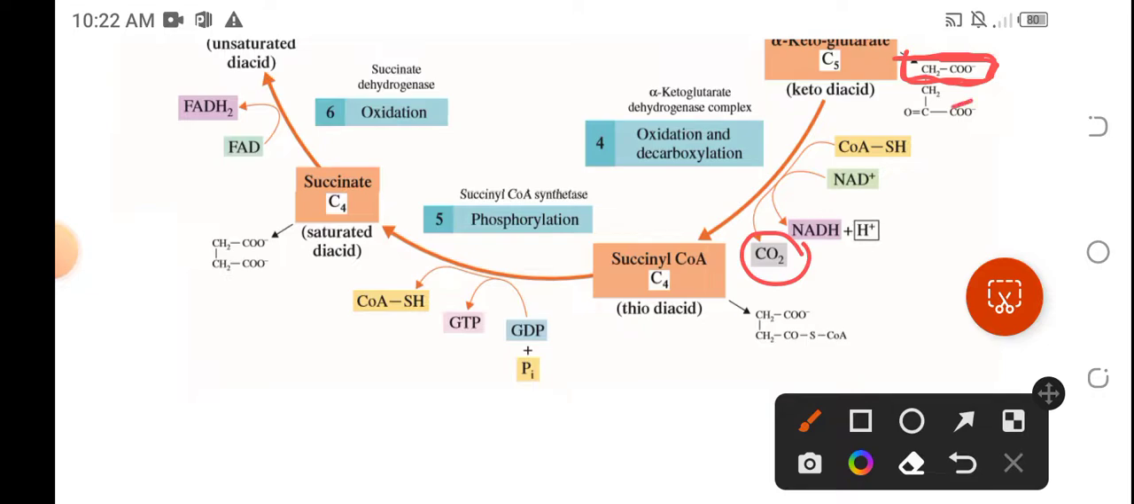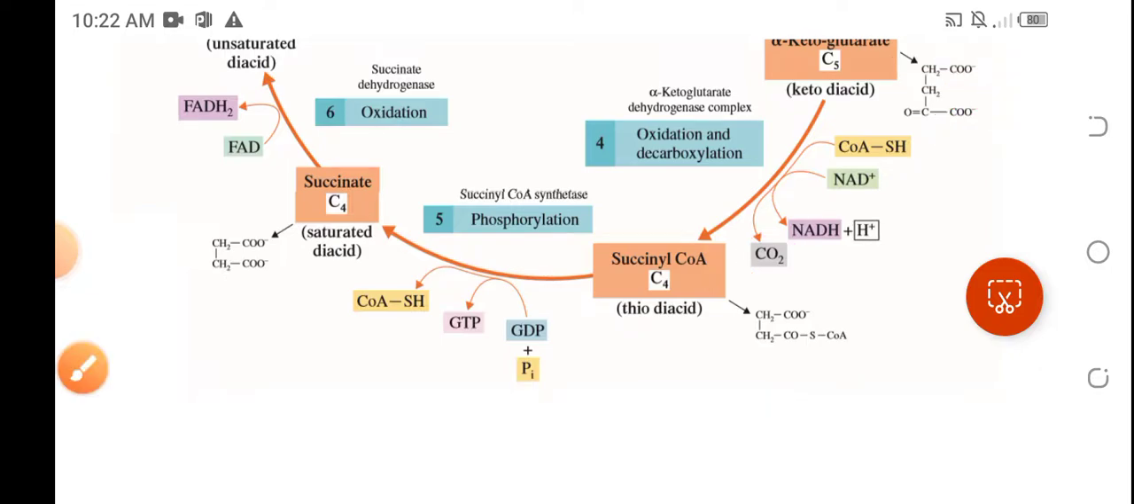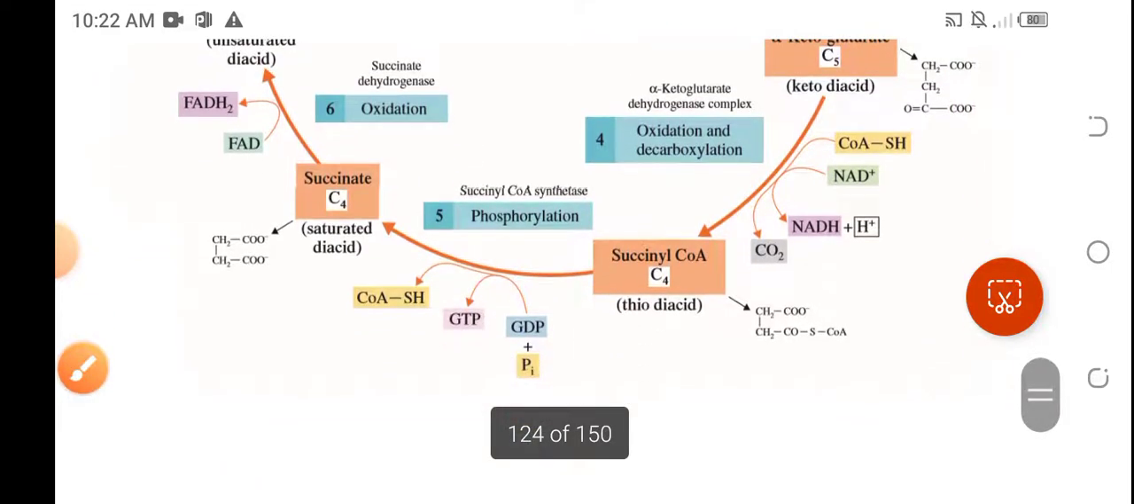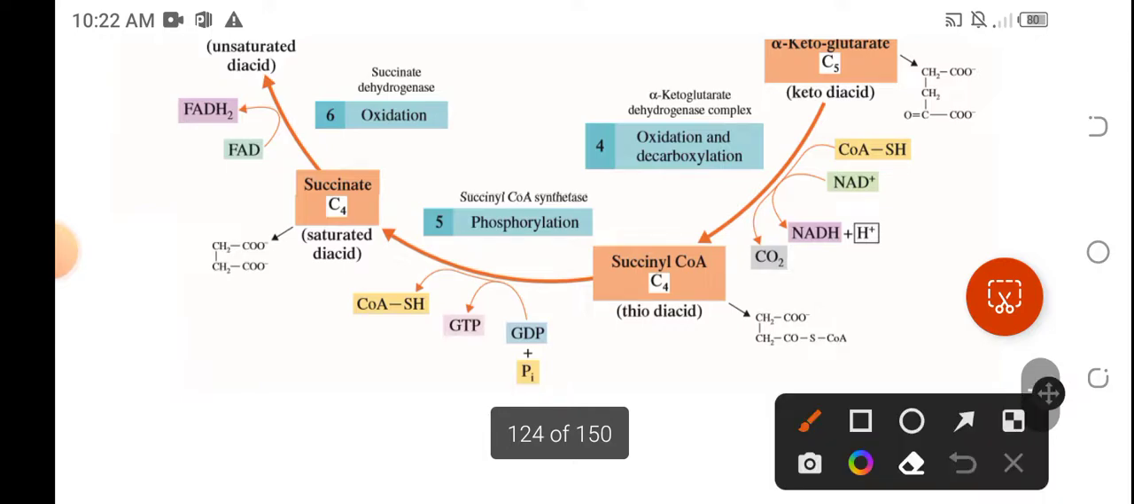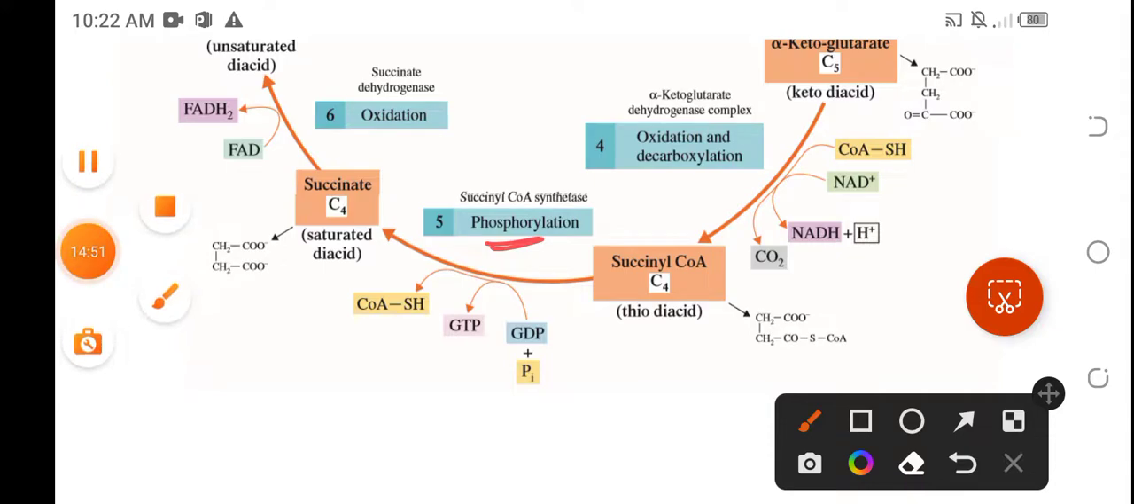So, this carboxyl group will then be removed as carbon dioxide. Okay? So, that would be the fourth reaction in the Krebs cycle. Now moving to the fifth reaction, which is phosphorylation. So during phosphorylation,